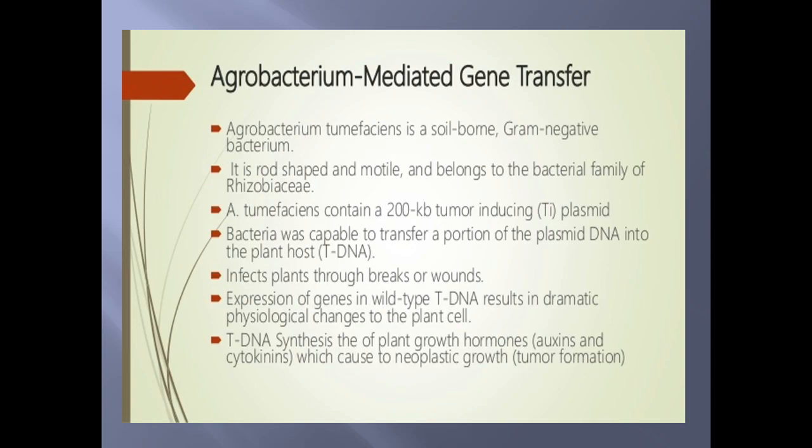Mainly what we have to isolate from this Agrobacterium is the plasmid, and you know what plasmids are. Plasmids are extra chromosomal self-replicating DNA molecules that are present inside bacteria, and similarly this Agrobacterium has a plasmid that is called the Ti plasmid. Why is it called Ti plasmid? Because it is able to cause crown gall or tumors in plants. That is why it is called the Ti plasmid.